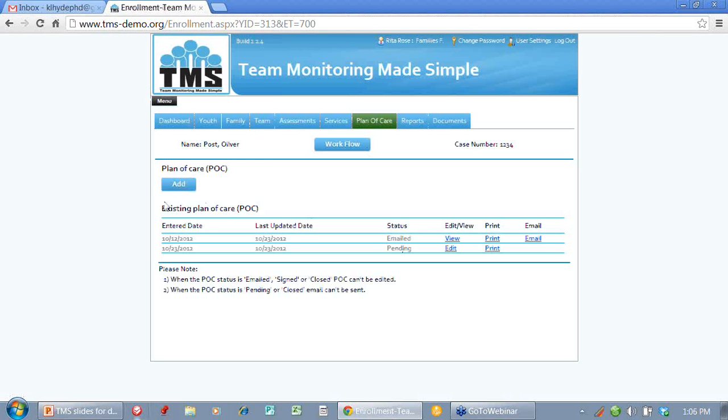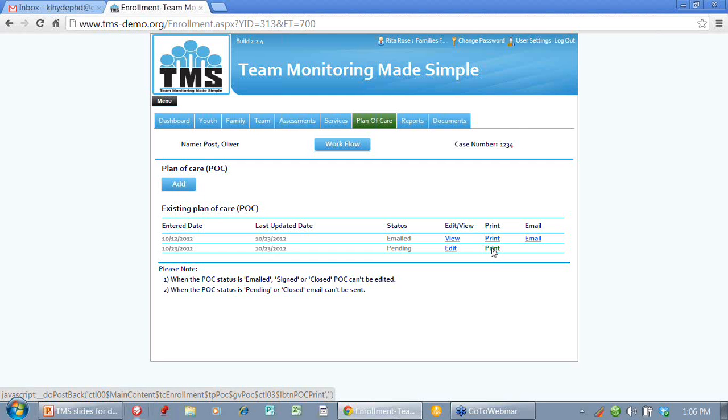So go ahead and mess around with that and maybe get to the printable plan of care, which is really cool. So here we are in the plan of care, and what I want to show you is that we're now in a plan of care that's pending, which may require a signature. So if I go into this print feature,